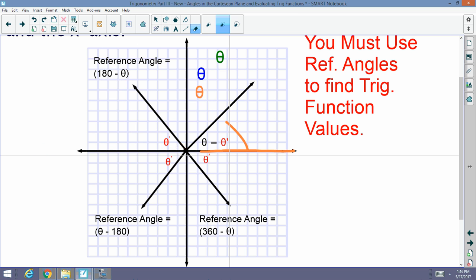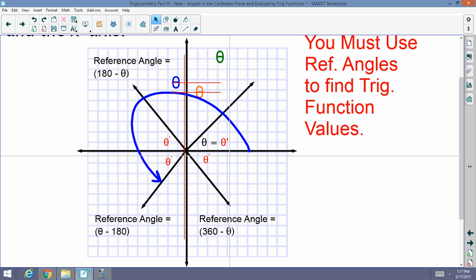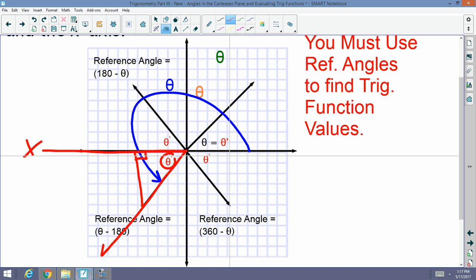Do another one. Let's do blue. Oh wait, let's do it the right way. Okay, this is my blue guy. That's my theta. Who's my reference angle, though? This guy right here. Why? Because the reference angle is made between the x-axis and the terminal side. With me? And then, last but not least,